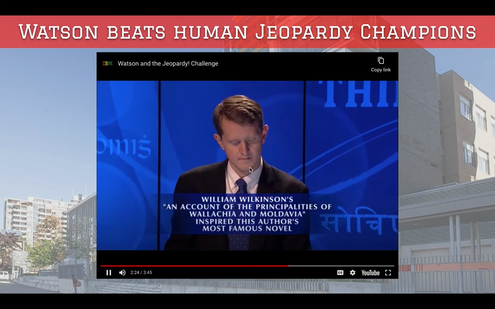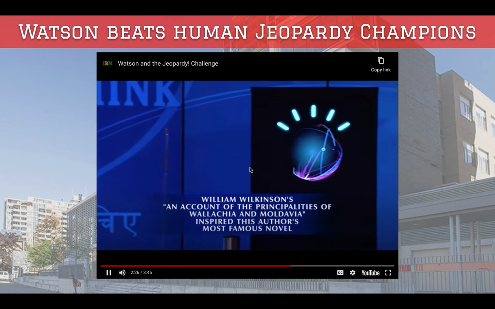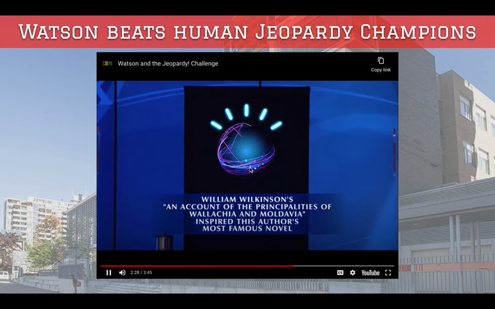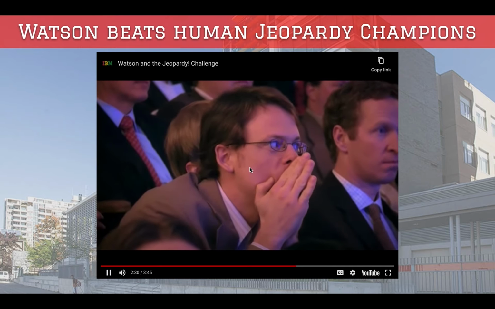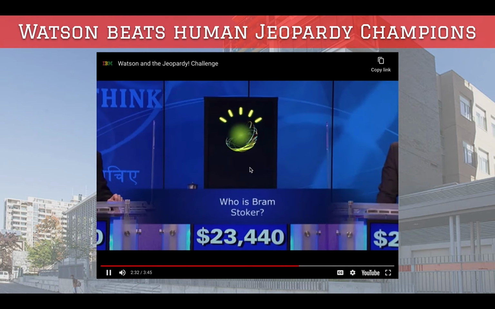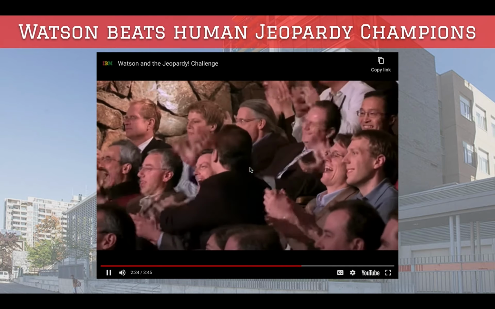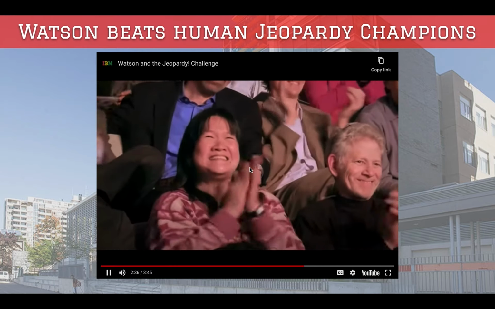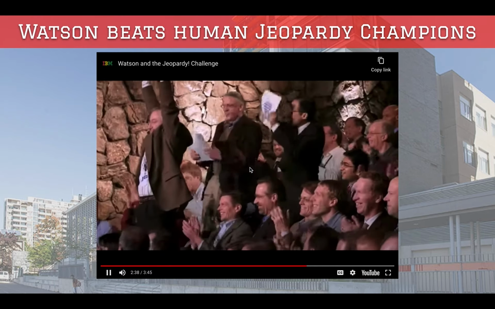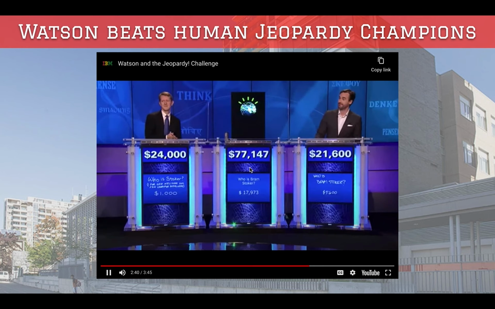What Watson wants to do then is preserve the lead, not take a big risk, especially with Final Jeopardy, because just like for humans, Final Jeopardy is hard for Watson. Now we come to Watson, who is Bram Stoker, and the wager. Hello, 17,973, and a two-day total of